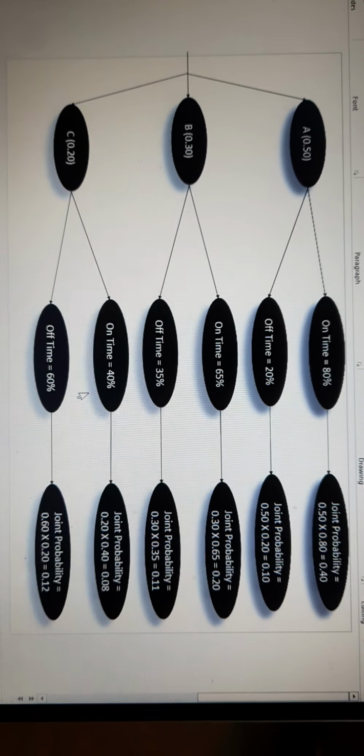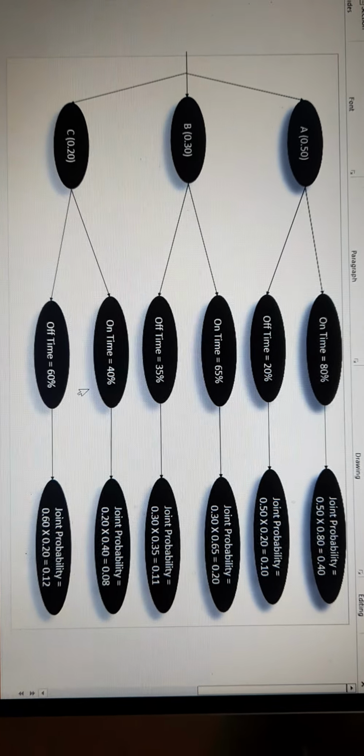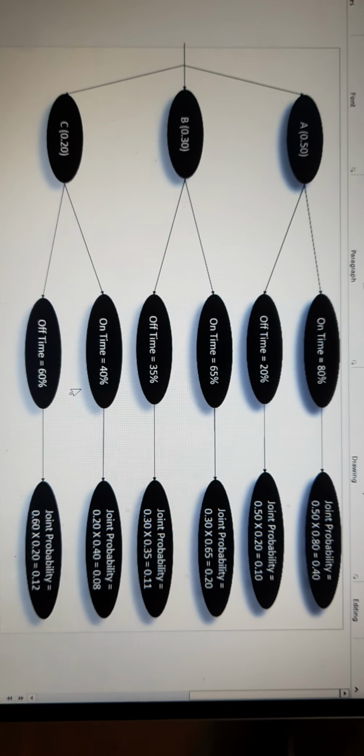So this is how it would look. So flight A, B and C, and then there are on time and off time probabilities, and then you calculate the same. So once you have calculated this, you will find out which is the best flight, and you have to mention it. According to me, it is flight A which you have to mention, and that has a good probability of reaching on time.